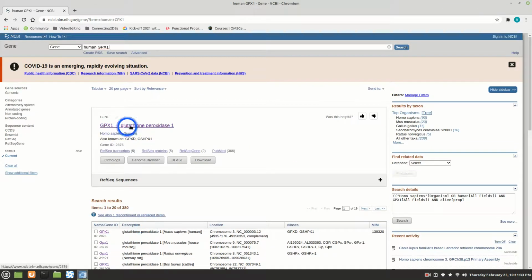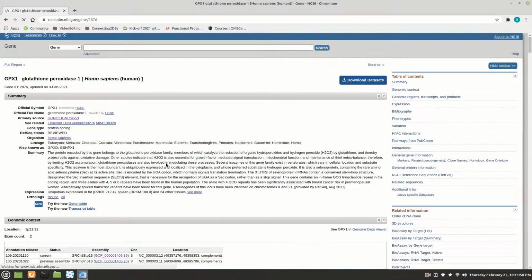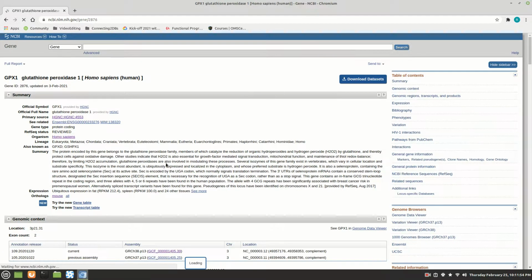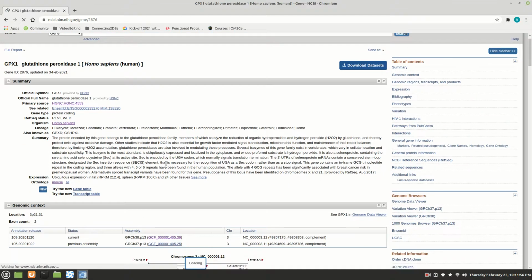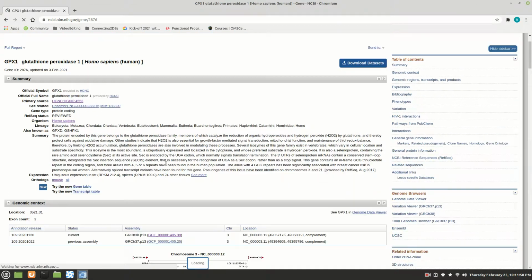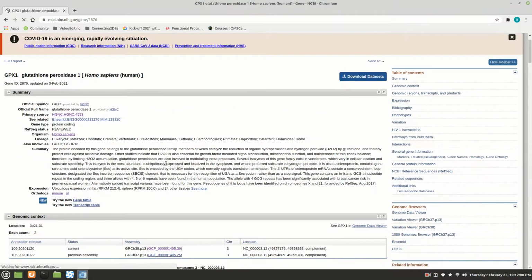But let's just start with human, and I'm going to click up here. There are several things I can choose here. Reference gene, we may go there if this doesn't work out, clicking on the main one. All right, so we get here, and what do we find? Okay. Now, you can download lots of things here, but really what we want to do is download the GenBank